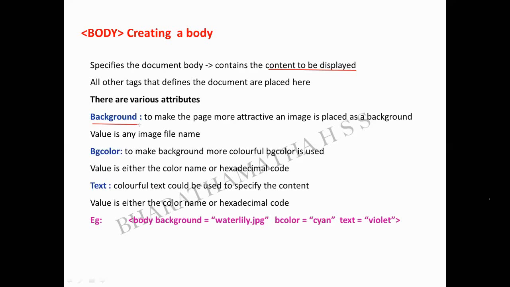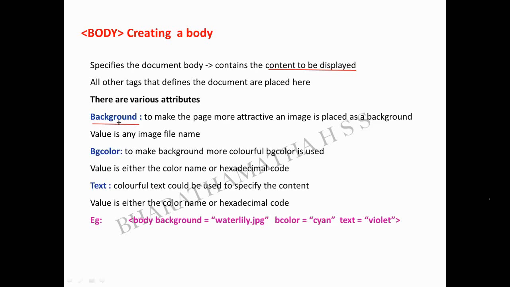Spaces also count a lot. Give a space where it is needed, and where no space is needed, you should not give an extra space. Is it clear? All these play a vital role. So what you have to do is give the spellings very correctly.